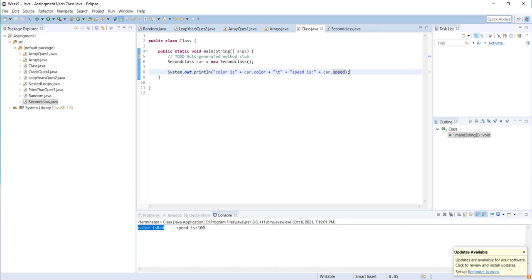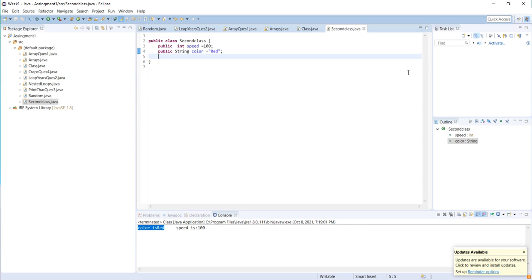For that I need to first create a function. Suppose I create a function, say public static void. I'm using void since it doesn't return anything, and I'm just gonna call it fun. Inside my function I'm gonna print a line: My car is Toyota Corolla. Actually the model is also Corolla.